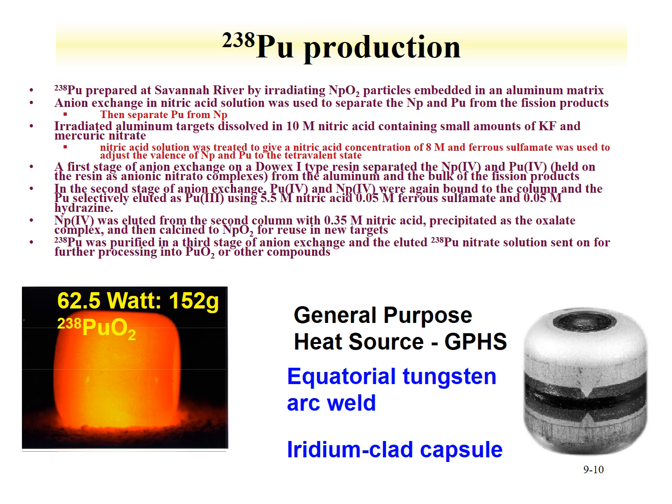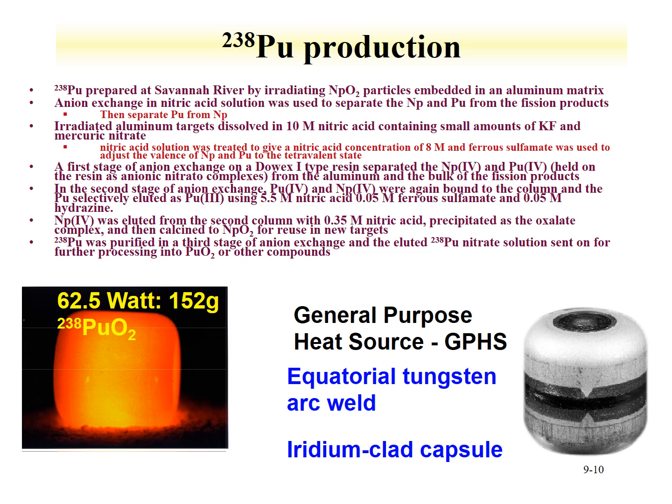What was done specifically is that these aluminum targets were dissolved in 10 molar nitric acid with a small amount of HF, and the nitric acid solution was treated to give a final concentration of 8 molar. Ferrous sulfamate was used to adjust the valence of neptunium-plutonium to the trivalent state. Remember, neptunium-plutonium can have multiple oxidation states, so to have consistent chemistry, both elements had to have their oxidation states